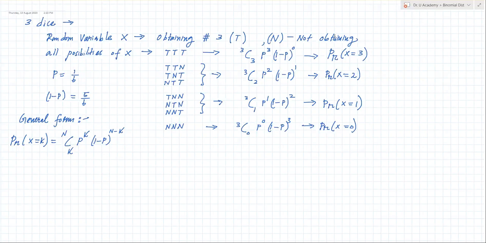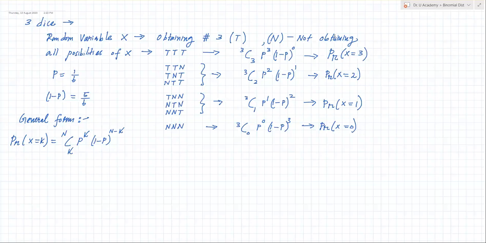So there are 3 dice, right? If you have 5 dice, 6 dice, 10 dice, then what will happen? The possible outcomes are more. Now here, how many possible outcomes do you have? You have 8 possible outcomes here, right? For 3 dice, you have 8 outcomes. If you have 2 dice, you have fewer than that, right? So depending on the number of experiments you are doing, your possible outcomes are different. The number of outcomes are changing.